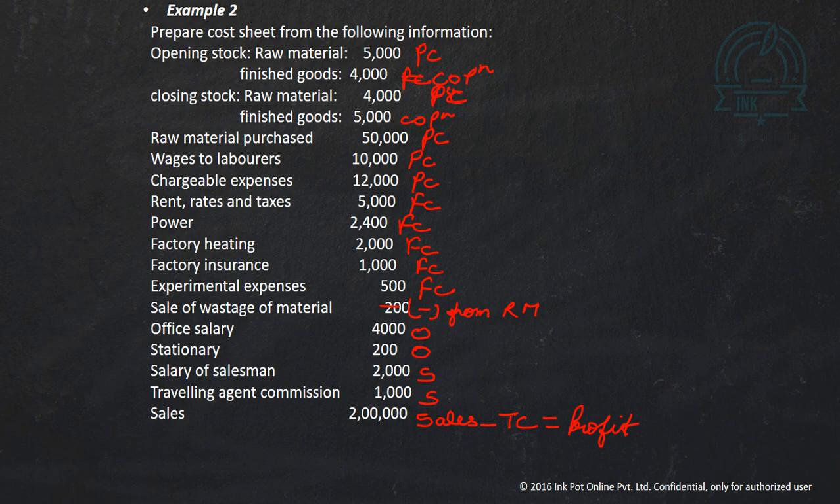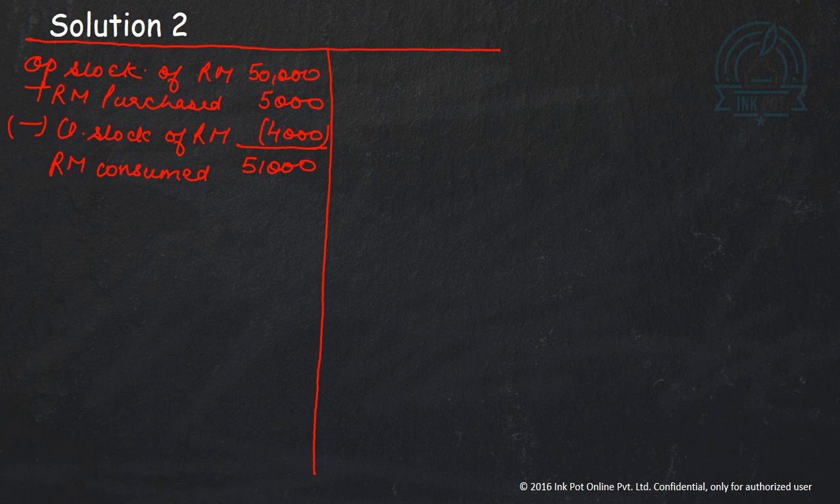So now let's start again. Raw material consumed is 51,000. So that means we have to deduct, minus sale of wastage. It will reduce the cost, wastages of raw material. The amount is 200, I suppose. 200. When we deduct this, we'll get cost of raw material consumed, which is 50,800. This is our net raw material consumed,